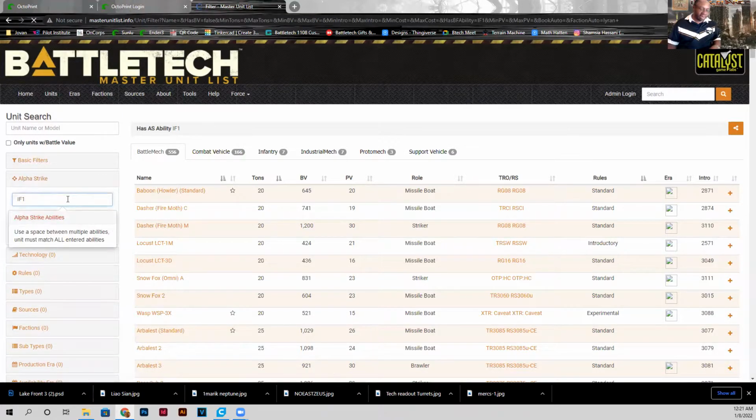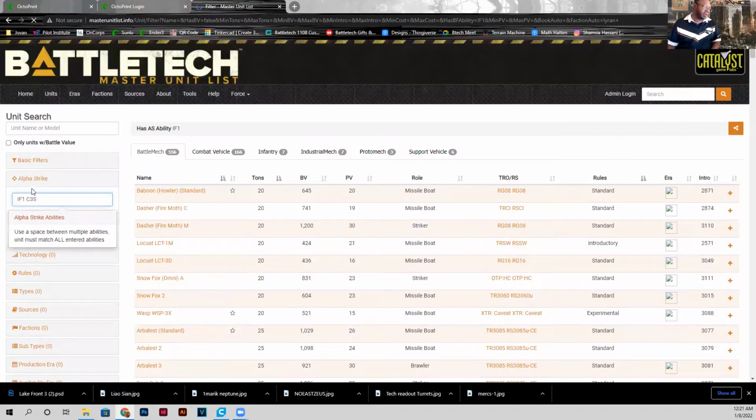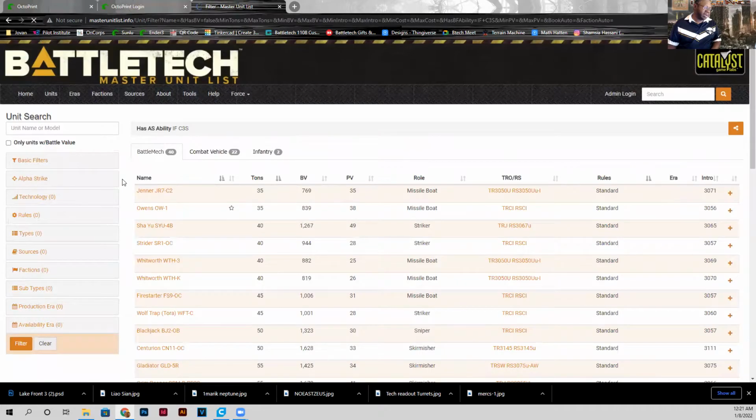If I wanted IF1 and C3 slave, go back to filter, and let me just turn off the 1. So hit filter, and it's going to pull up everything that has indirect fire as well as C3S or C3 slave. Boom. So that's how your master unit lists work when you're researching. So this is the research section only. Now we're going to flip to my favorite part,